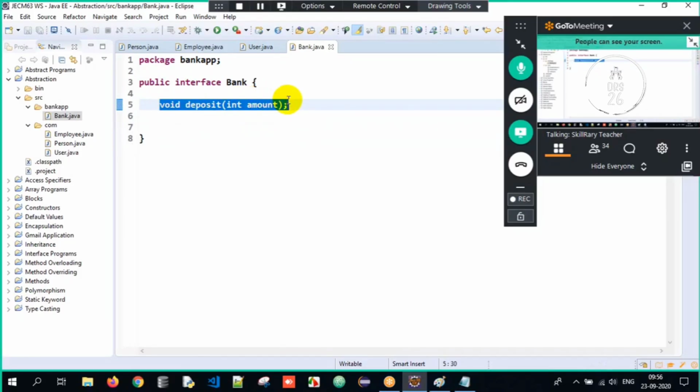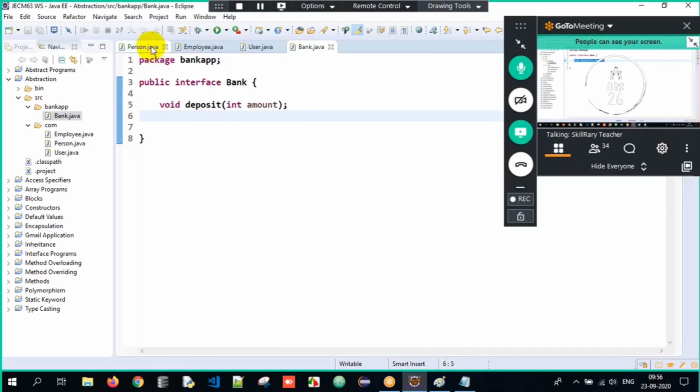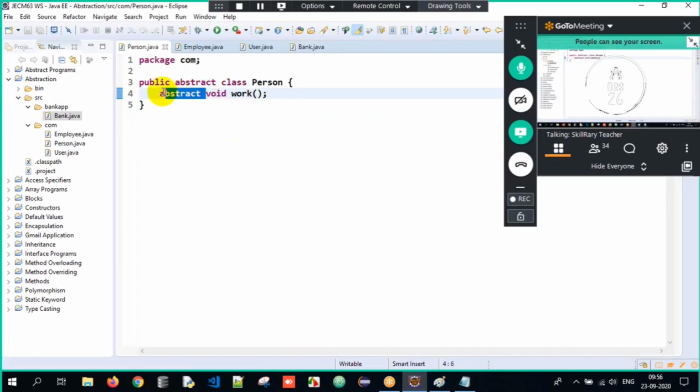Agreed. But all abstract methods should be declared using the abstract keyword, no? But here it's not at all giving an error. But in the Person class, if I don't write the abstract keyword, it's giving an error. See, if I don't write the abstract keyword, it's giving an error. Sir, are you dumb? This is an abstract class, sir. In an abstract class, you can have abstract methods, but we have to mandatorily and explicitly specify the abstract keyword. Got it? In an abstract class, you can have abstract methods and concrete methods, but whenever you're defining an abstract method, make sure you mandatorily write the abstract keyword.